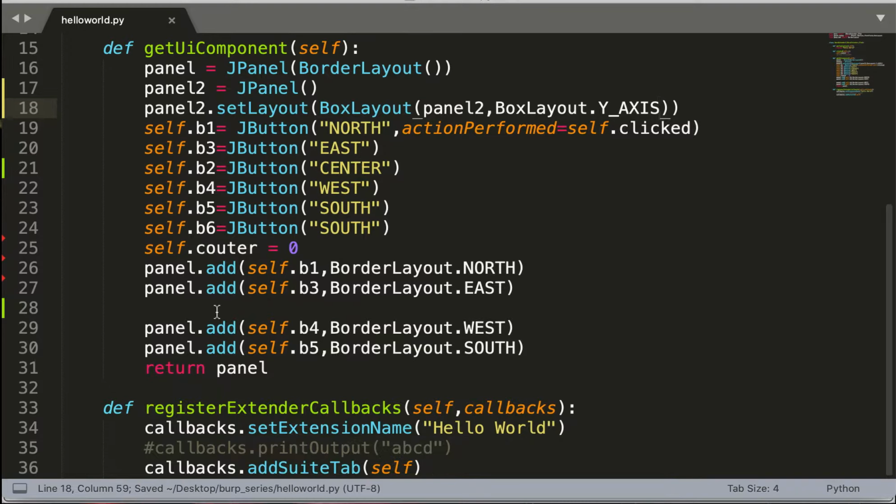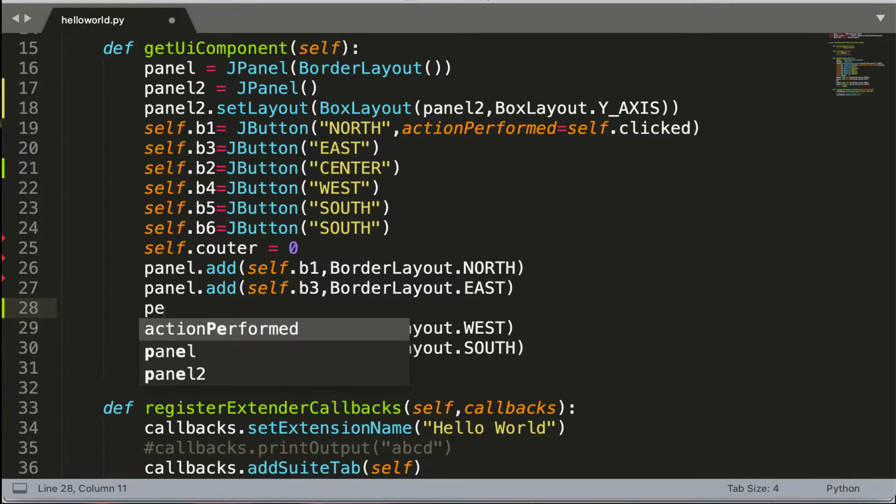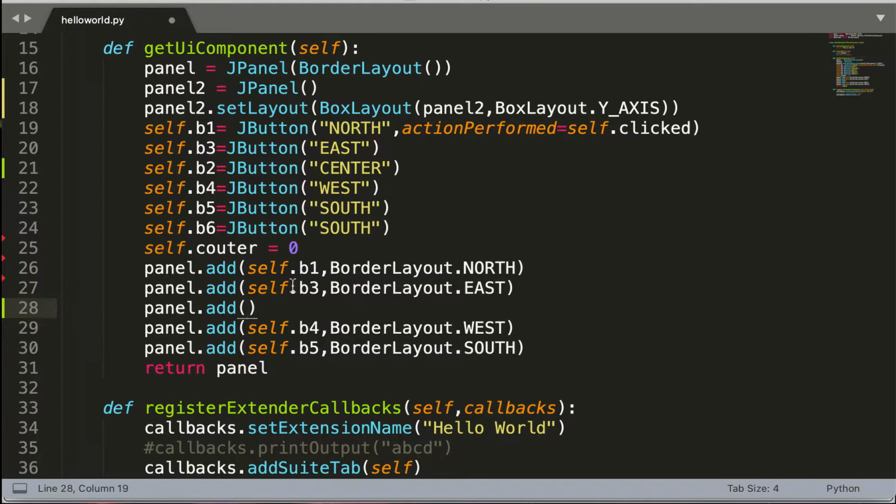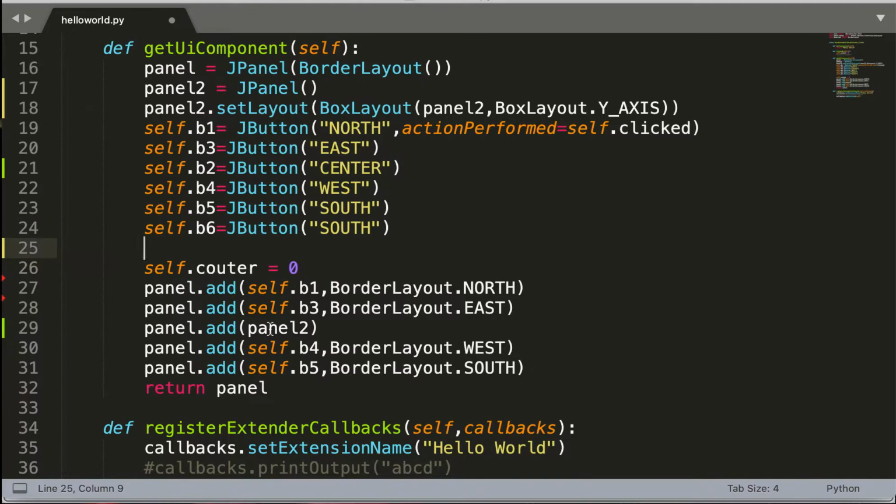So let's add this panel to our first panel. So it would be panel.add, and I'll be adding this panel2. Then I'll be adding some buttons to our panel2.